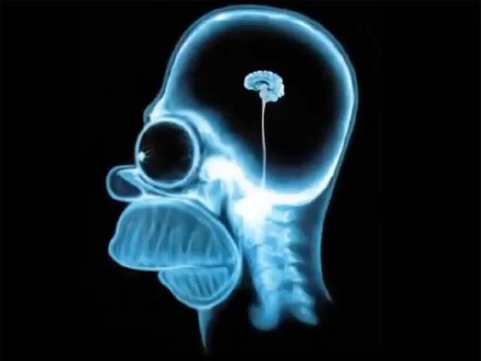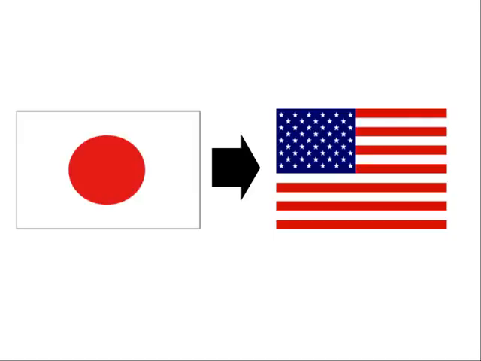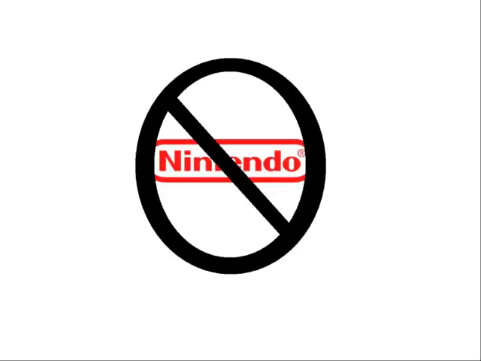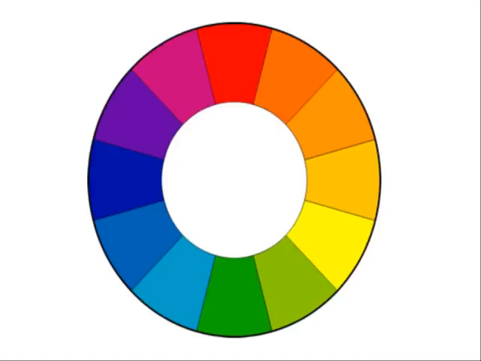Rule number 3. Instruction manuals will be used only as a last resort. Instruction manuals, especially here in the United States from Japanese games, have a tendency to be inaccurate, at least on story elements, and not be produced by the people who made the game. If an instruction manual must be used, every attempt is to be made to verify the English version of it against the Japanese one.